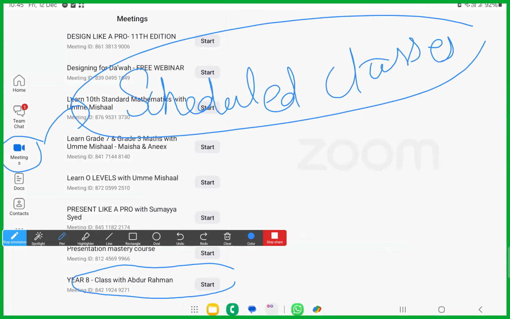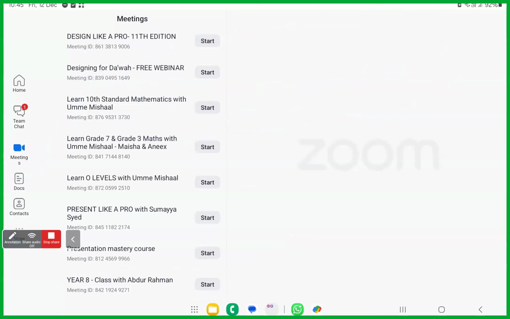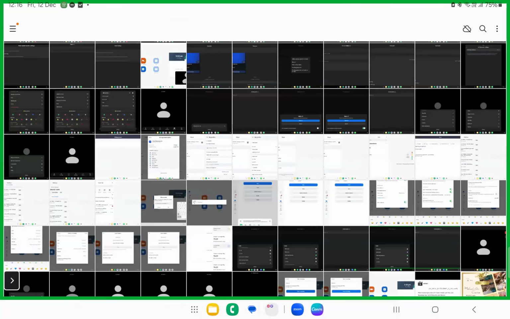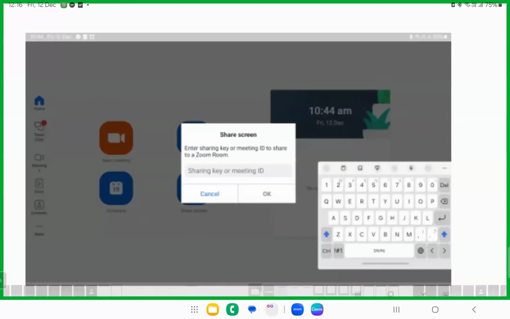How to arrange your own classes. Yes? A thumbs up needed, please. If you are still not understanding, please take my help. I'll be there to help you. Do not worry. You can take my help in knowing this application because this is a wonderful application. You have to know a few of the things.